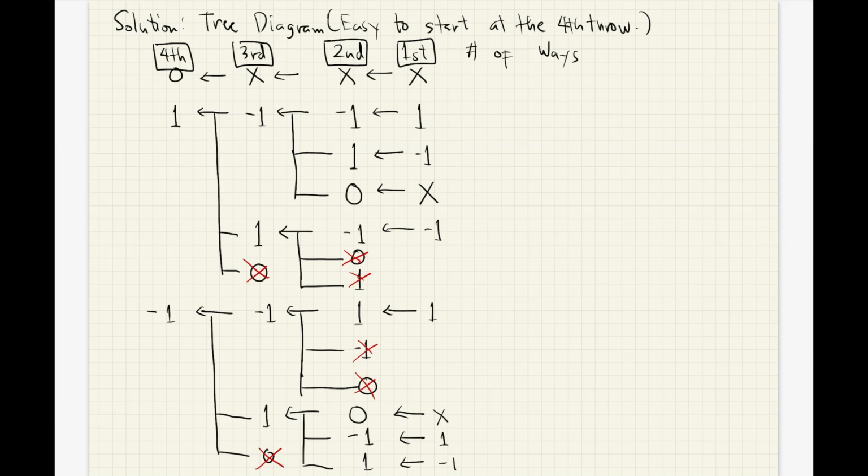And also, it's worth mentioning, you cannot have 0 on the 3rd row, because if you had 0 here, that means you are now at the origin on the 3rd row. And when you roll a 1, or a number that makes you move 1 unit forward, you'll end up at 1 and not at the origin. And that's why we cannot have a 0 here on the 3rd row if we want a 1 on the 4th row. We do the same analysis for -1 on the 4th row, and I'll let you do that on